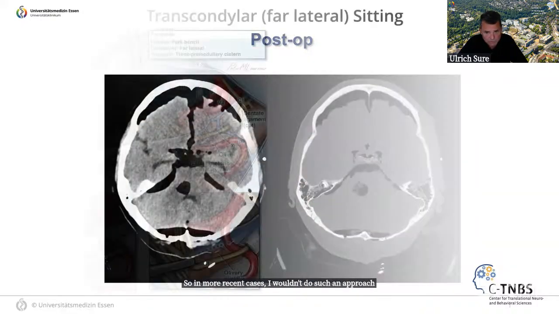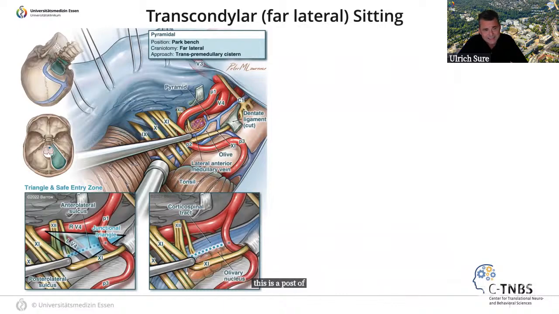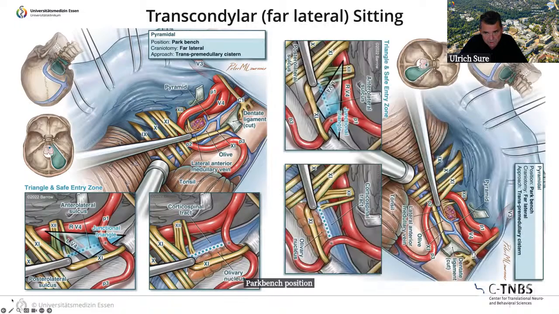This is a post of this region. I would usually do another approach recently, and this is what is called in American literature the far lateral. This is a publication of Michael, and he does it in park bench position. I do it in a sitting position. So these are the same images, his view, my view, and